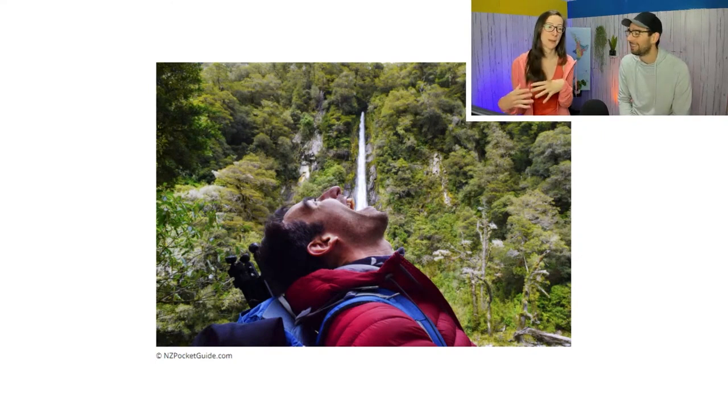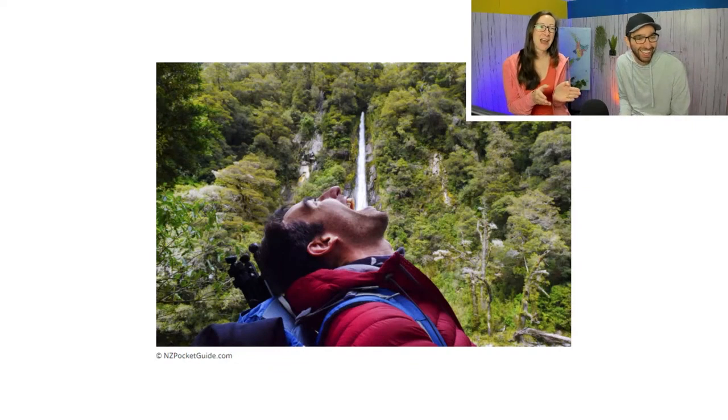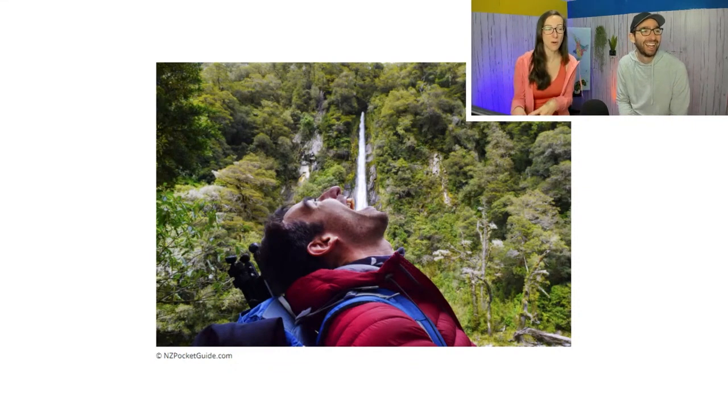There's a small car park on the roadside. About a 2-minute walk through the forest, and you get to a small platform where you can take this photo, because the view just happens to make you able to do that. Exactly. Then after that, you can continue walking just a tad bit further, and you get down to